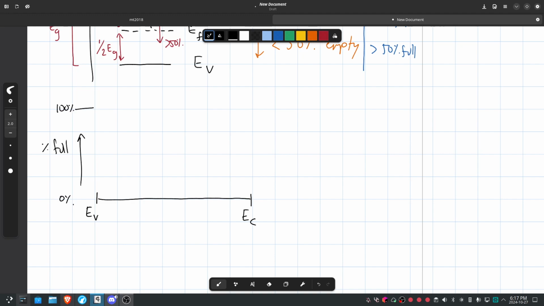Okay, sorry. Let me just move these a little bit in so we can see what happens before and after. And we're going to have, say, the Fermi energy over here, right? So let's say T is equal to 0 K. What's going to happen is it's going to be at